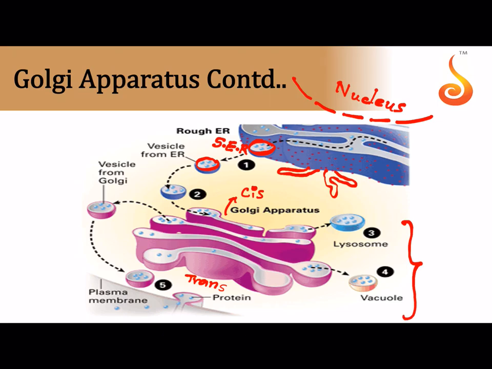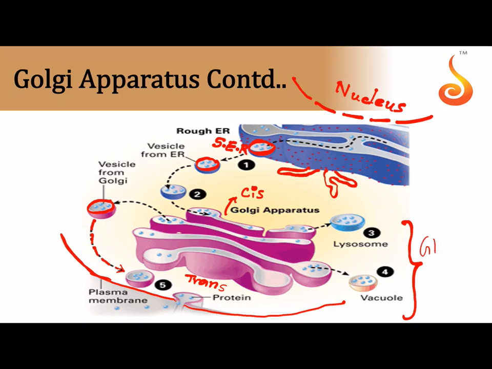A protein is added with carbohydrate to become a glycoprotein, a lipid is added with a carbohydrate to become a glycolipid. So basically Golgi apparatus is nothing but a site of glycosylation, is what you should remember. And see how vesicles are coming out of the Golgi complex, and these vesicles are going and reaching their destination, which may be the plasma membrane of the cell, the outermost covering of the cell. Okay, so whenever you think of Golgi complex, please remember it is involved in processing, packaging, and transport of material coming in from rough endoplasmic reticulum through the smooth endoplasmic reticulum.